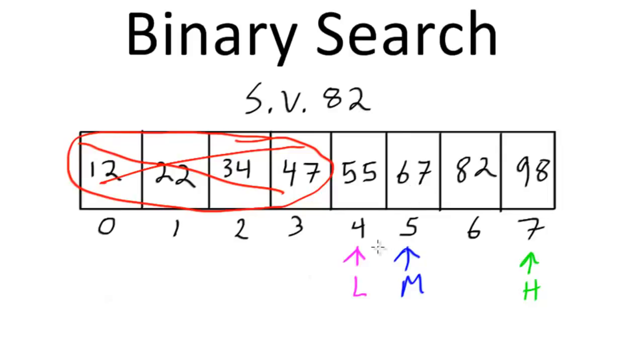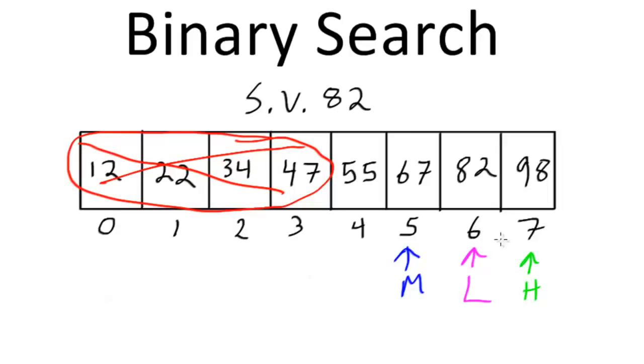So we're going to be updating low once again. So we'll have low being updated to being 1 more than the midpoint. So I'll indicate that low is being updated here to being 1 more than the midpoint. And then we would calculate the new midpoint. So midpoint would just be